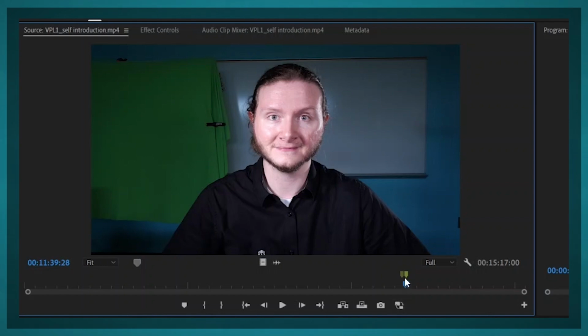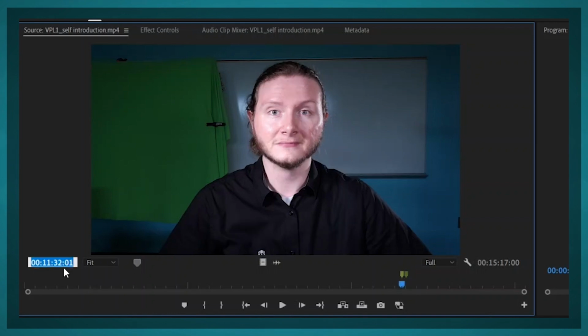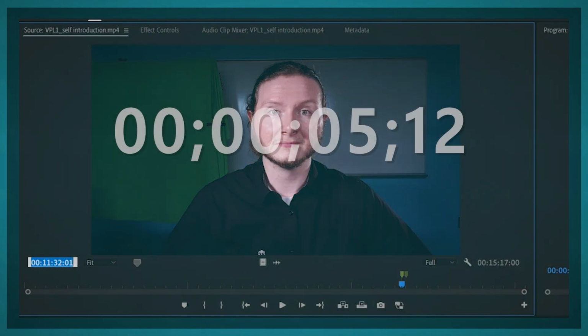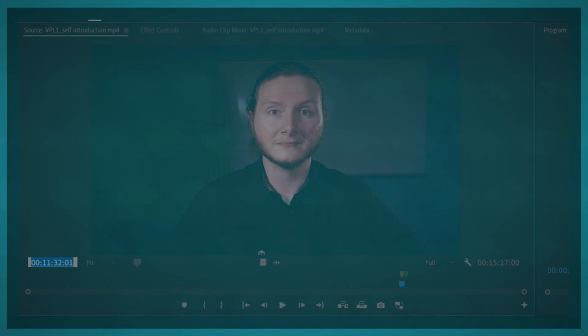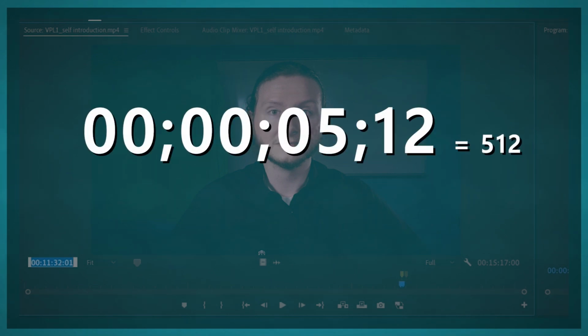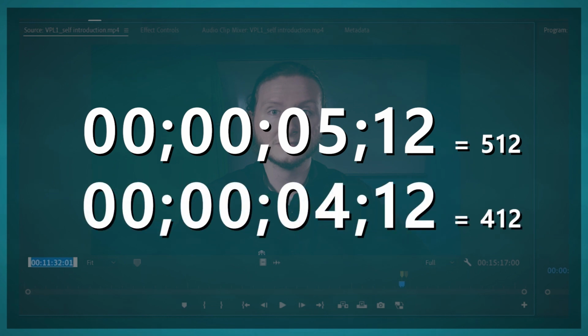I'll go to my first marker and click on the blue timecode. In the window that appears, I can then type a new timecode and hit Enter, which will move the indicator to that point. I don't even need to worry about all the zeros and colons. Going back to my example from earlier, if my first marker is set at 5 seconds and 12 frames, which I could enter as 512, I can simply type 412 to have the indicator jump back to 4 seconds and